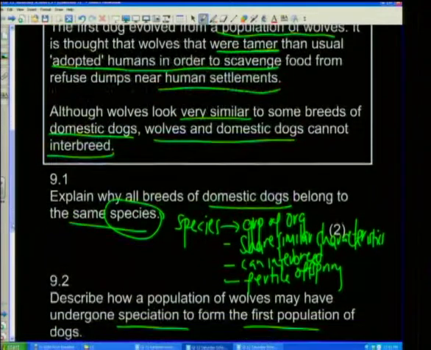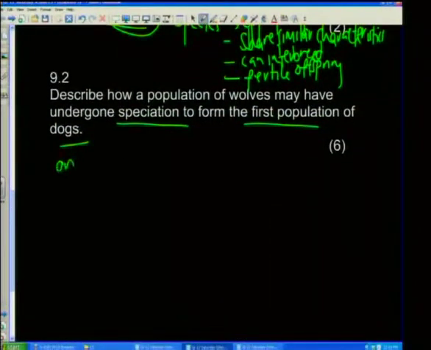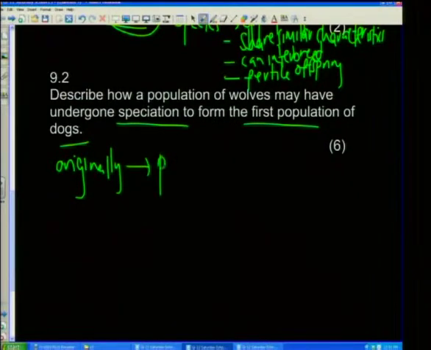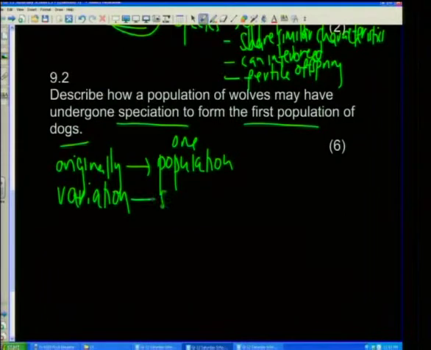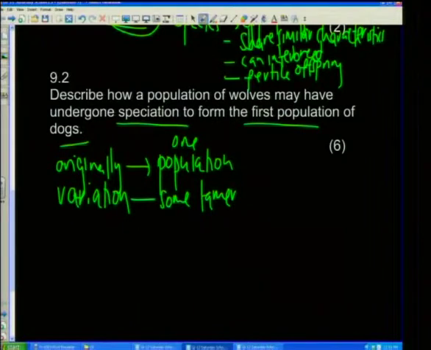So in other words, what we're saying is that originally, this was one population. For some reason, not for some reason, we know why, when we discuss later why there's variety, because of meiosis, because of sexual reproduction, because of mutation, etc. There was variation in the species, in this wolf population. Some were tamer. These tamer ones may have